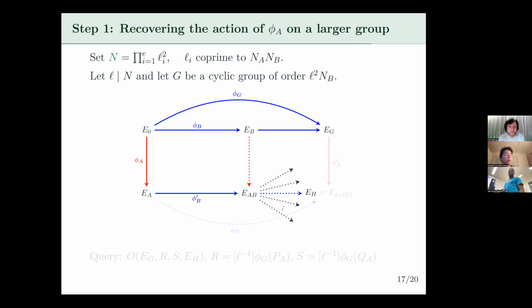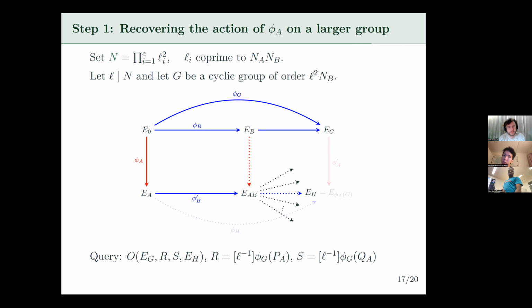He knows that one of these curves is exactly the shared curve that Alice would obtain if she had used the curve EG as the public key of Bob. So Bob first does the key exchange with the curve EB to obtain the curve EAB, and now he uses the public key EG and the correct torsion points as public key in a new key exchange, and he picks all curves that are L square isogenous to EAB,